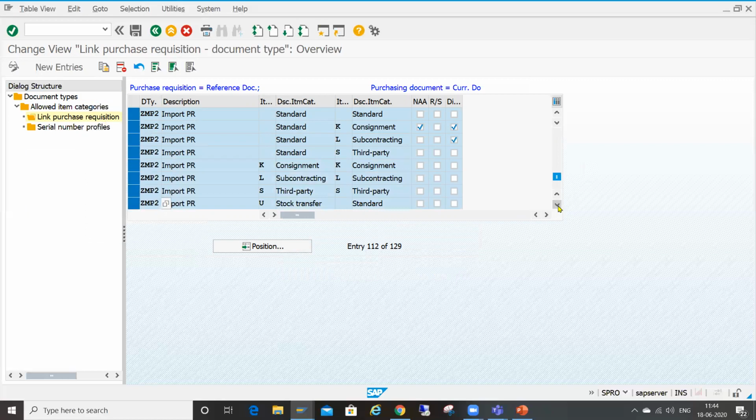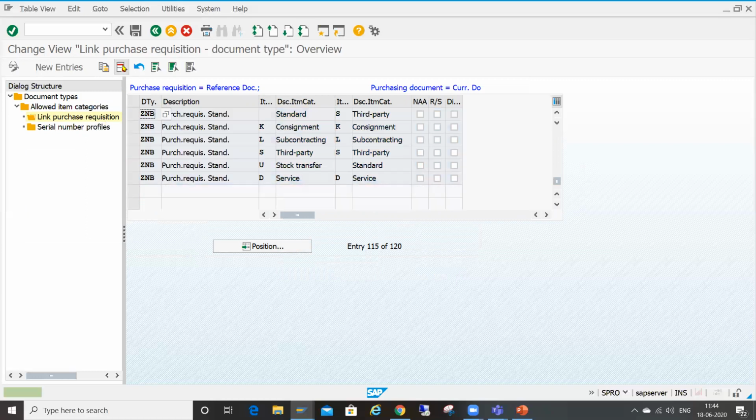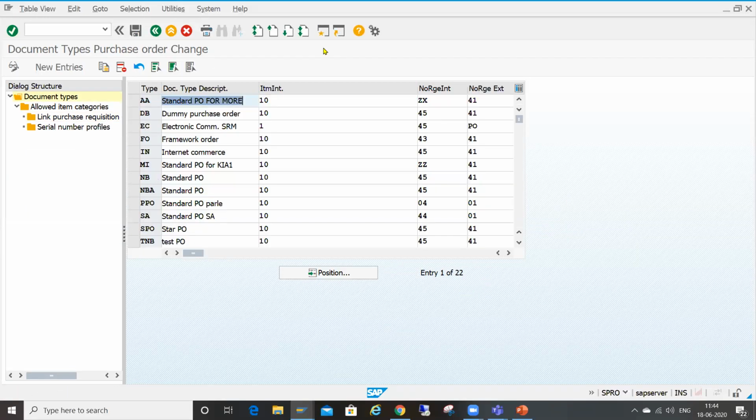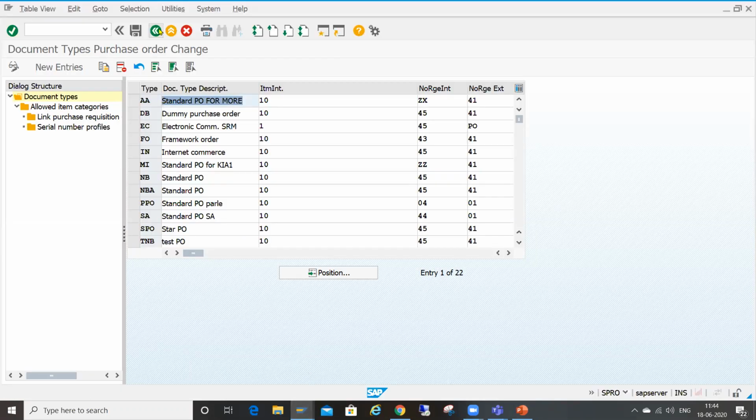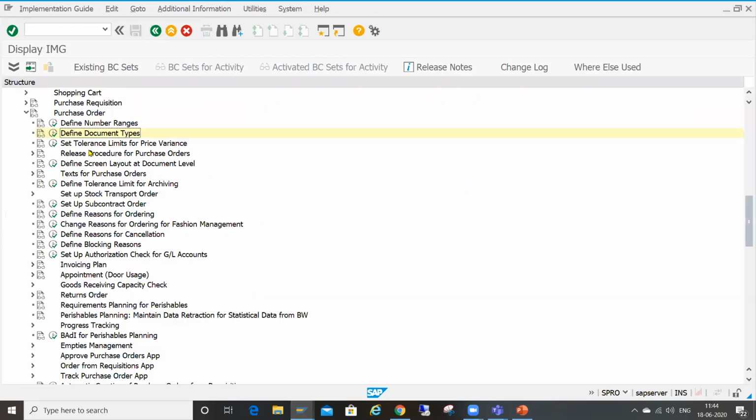Because this ZMP2 only you should link to the ZMP3 PO document type. Okay. See, now what you have done is you have linked PR document type ZMP2 to PO document type ZMP3.